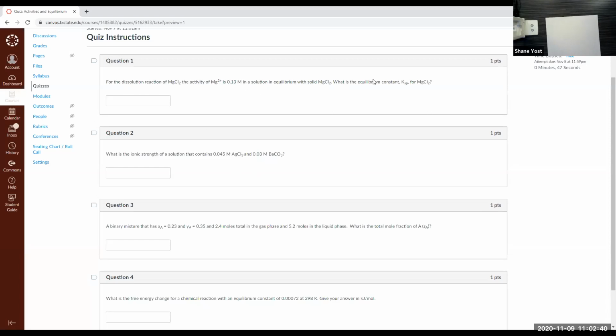And the question is what is the equilibrium constant, that KSP, right? So recall, SP, solubility product, is just talking about the type of equilibrium. This is a solubility equilibrium, so it's solid MgCl2 in equilibrium with Mg2+ plus 2Cl minus ions. And so KSP, the expression for that,